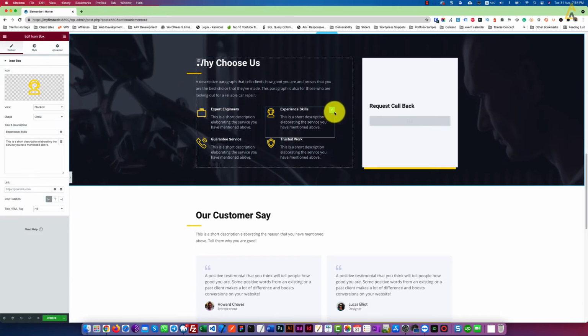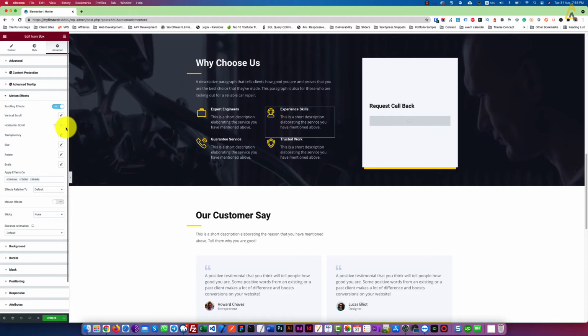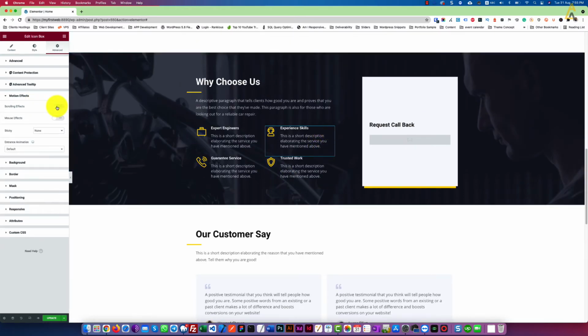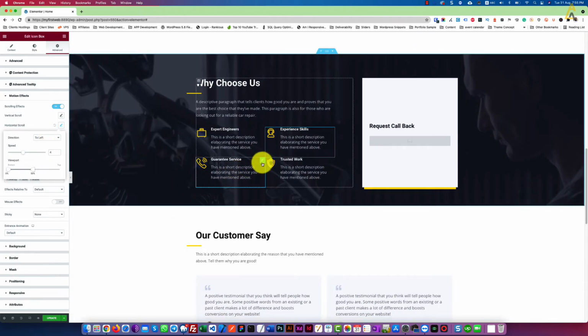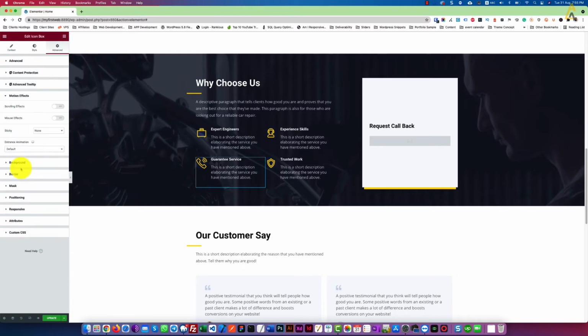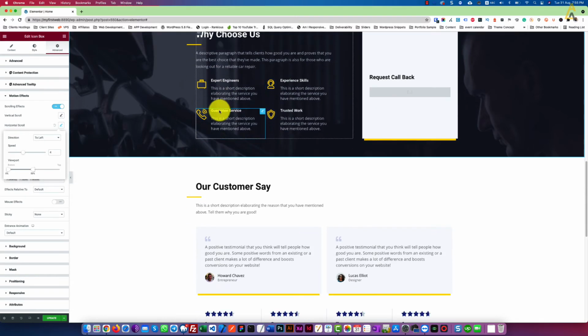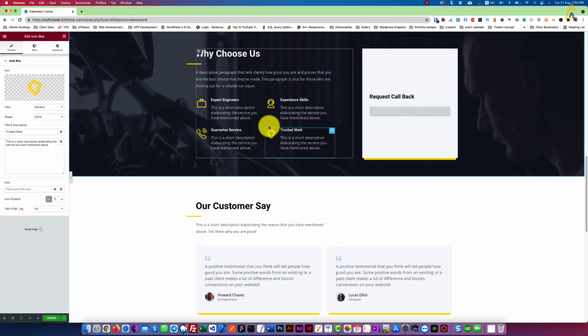Okay, now same procedure on the other sections, motion effects, horizontal and to left. Yes, that's fine. Okay, same like this, motion effect and scrolling effect and horizontal to left, and this should be on 50. Okay, and this should be